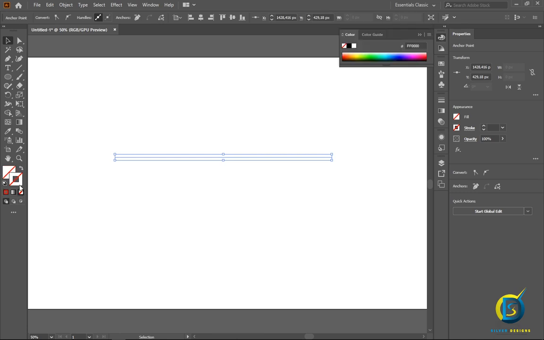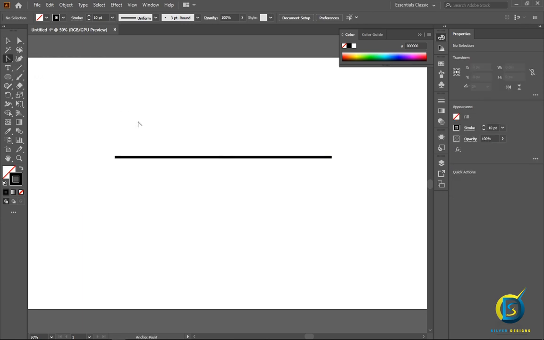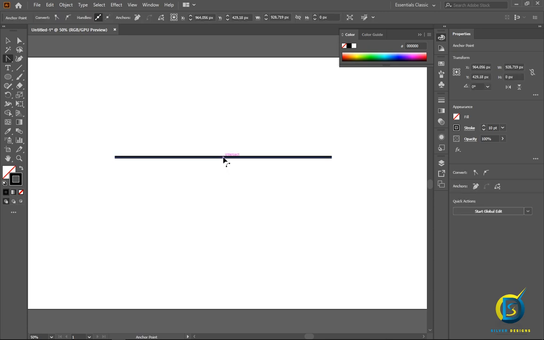No fill color. I'll give it a stroke of 10 point. Right. So you come right here and select anchor point. This is how it works. So you're gonna make sure to come right here. You see a blue line when you hover over this place, and make sure you click and you drag it down,